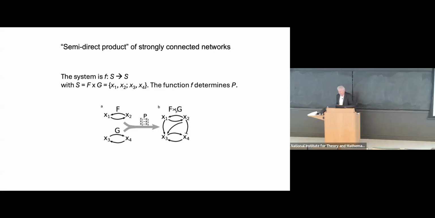So then what I'm going to show you here is how I take two strongly connected networks, F and G, and I can glue them together to make a bigger one. Alternatively, you can go the other way. Here's a Boolean network, its dependency graph. I have two strongly connected components in this. How are they made up? By gluing together